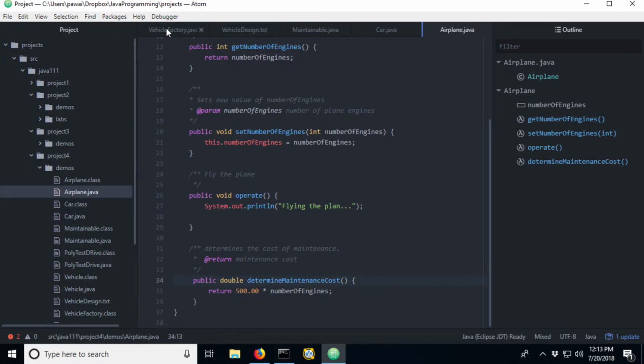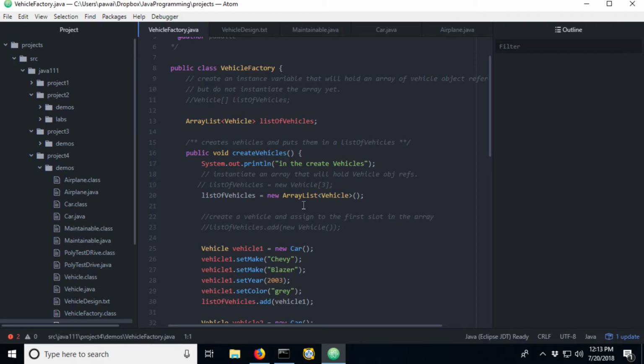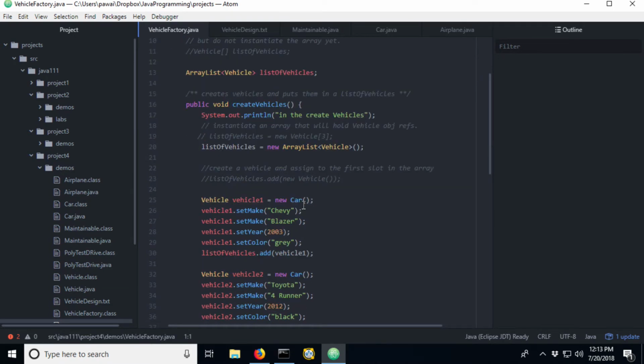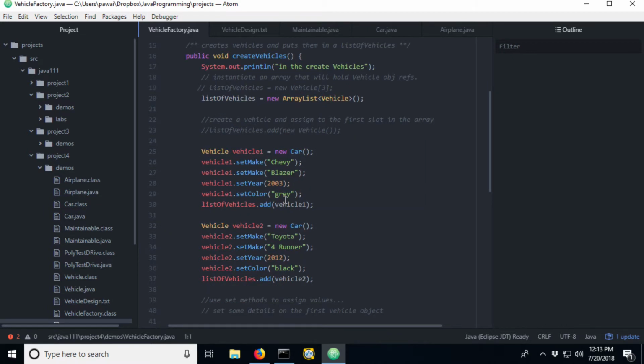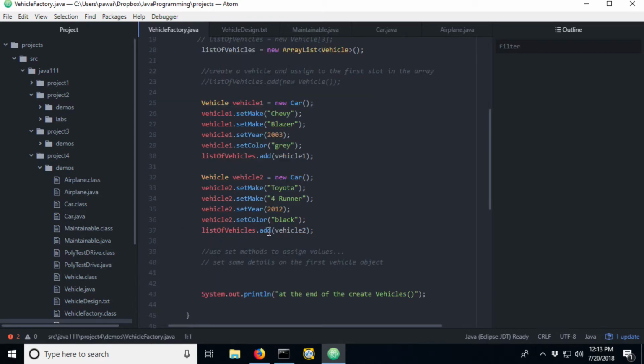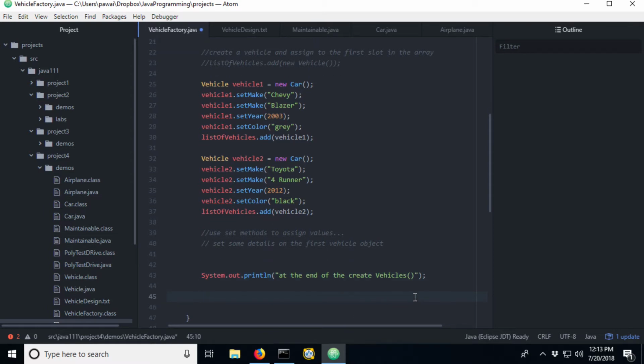Now let's update our vehicle factory to use the maintenance piece. So here what I've done is created my list of vehicles, and I'm not going to make any changes there. I've got them placed into an ArrayList. But what I am going to do differently is when I iterate through those, let's suppose that all I care about doing is getting the maintenance cost out and displaying that. And so because that's a method that is on Maintainable, I can treat all of my vehicles that are in the list as Maintainable. So let's see what that looks like.